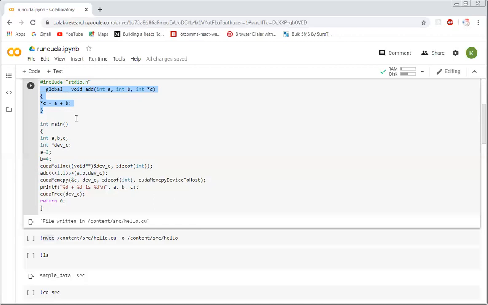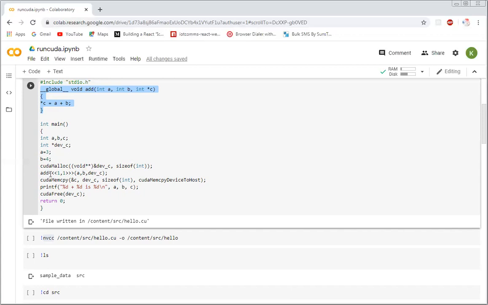A kernel function is a function which is to be executed on GPU. So for now, you can understand it is a global kernel function. We will see there are certain options to write here. For now, let us take it for granted that we are using global to show that it is a kernel function which can be accessed from this main function.